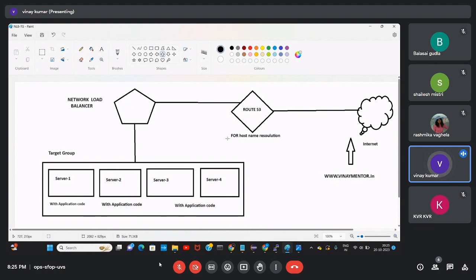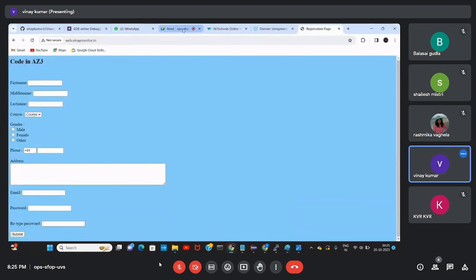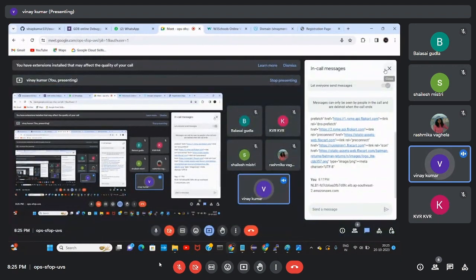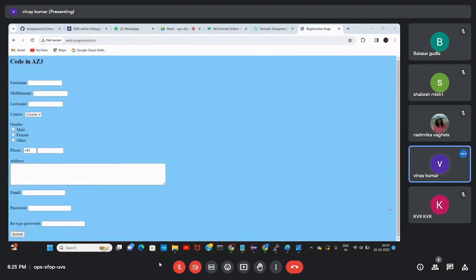This thing will be happening at the backend for any website if they are following this kind of setup. Mostly, for any site, this kind of scenario will be there. Any questions from your side? Any doubts? You can ask me. You can also check whether it's working or not by searching from your devices.